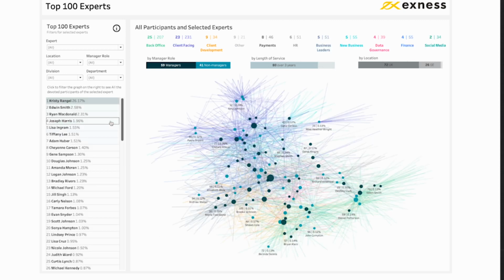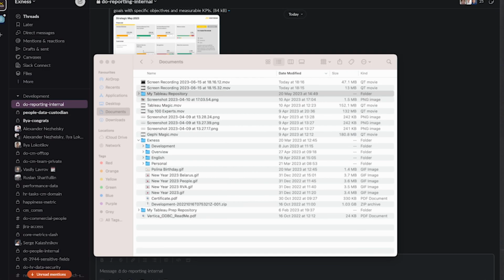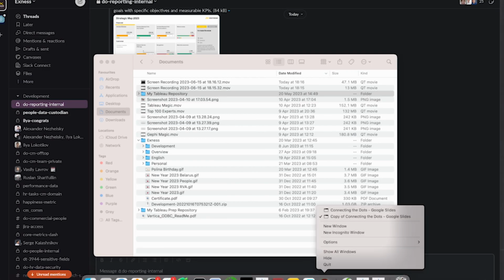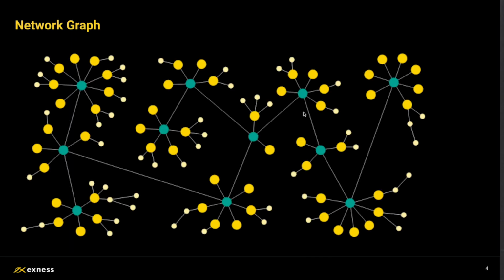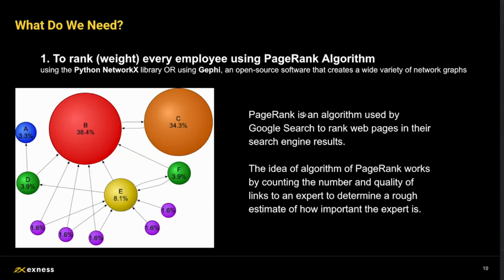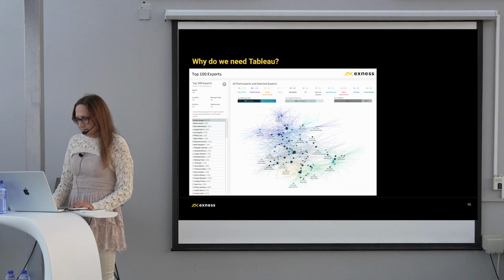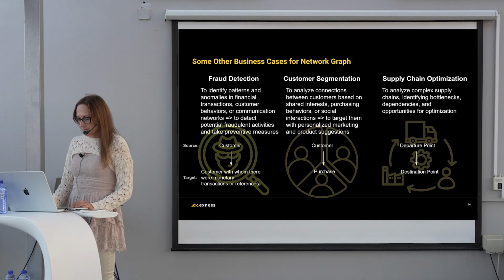As you may see, a network graph is a very useful tool for some business cases, but it's not only for our case.